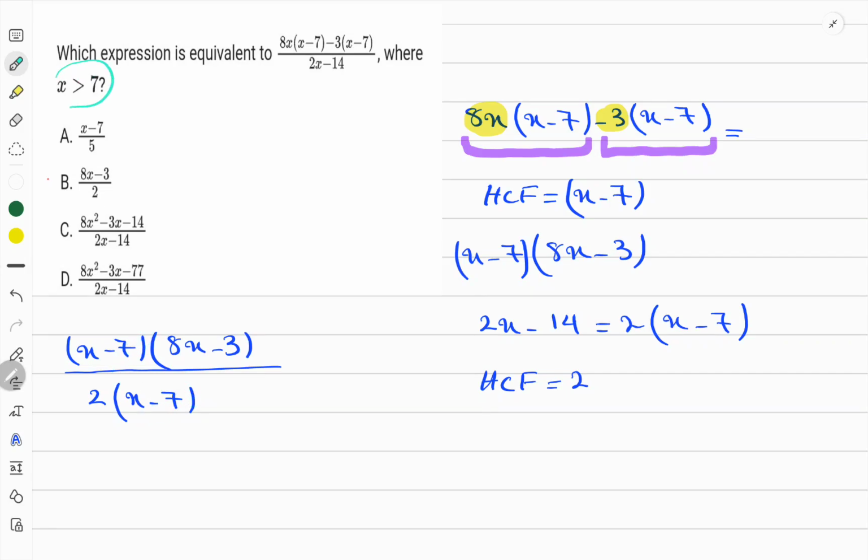But notice that x is bigger than 7. You should check that when x is bigger than 7, x minus 7 is not 0. Because it's not 0, you are allowed to cancel out these two factors, and the leftover of the numerator is 8x minus 3, and for the denominator is 2. So this is the simplest form of this expression after simplifying. So your answer is